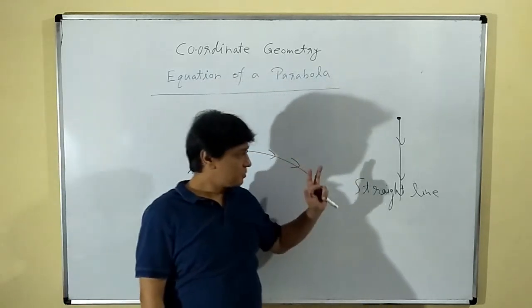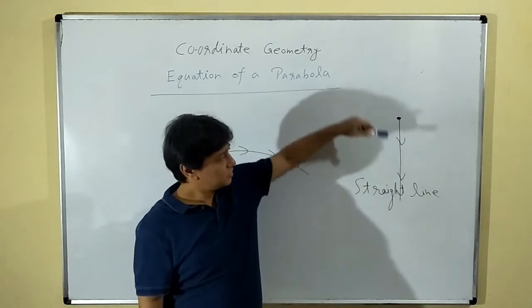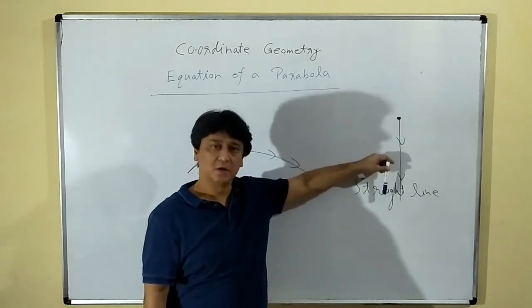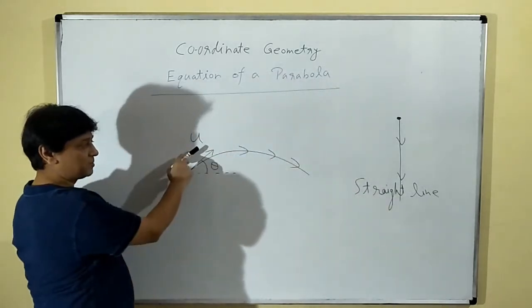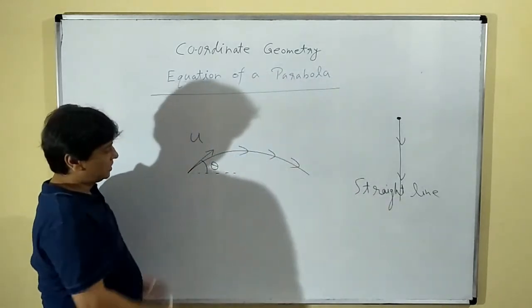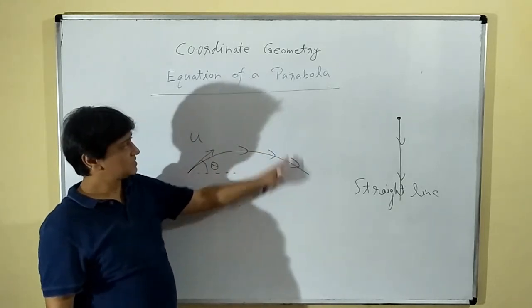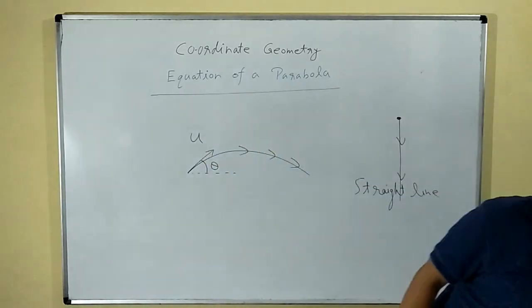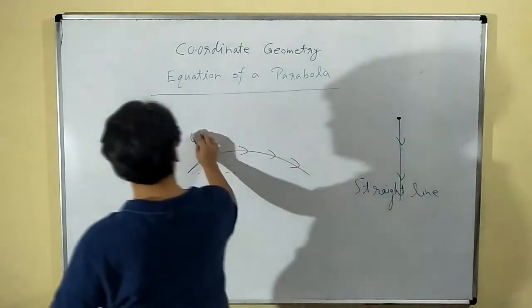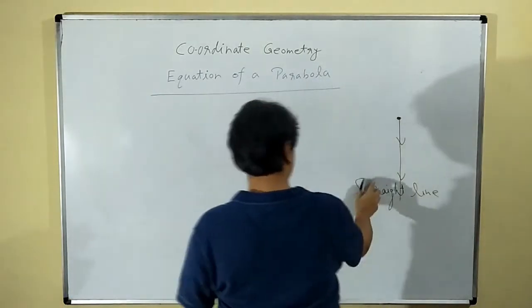So, the basic fundamental part is what? When you drop something, it follows a straight line path. When you throw something at some angle, like this, then this type of path is a parabola. जो डिटेल्स हैं किस कंडीशन में पैराबोला बनता है, किस कंडीशन में स्ट्रेट लाइन, we'll see these